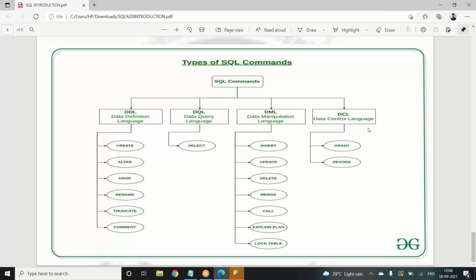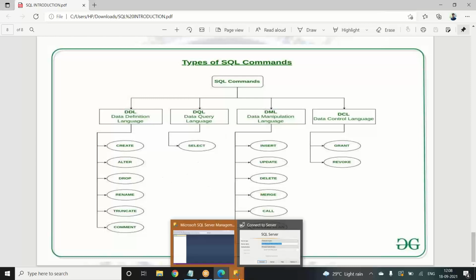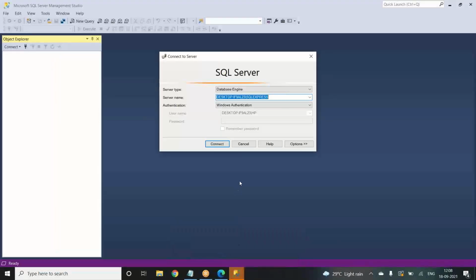Once your work is completed, you inform the database admin, and then they will revoke the access again. You will be removed from accessing it unless the DBA grants you again. So most of the time we will only use the select option, but for learning's sake, we'll go through all the other options as well.